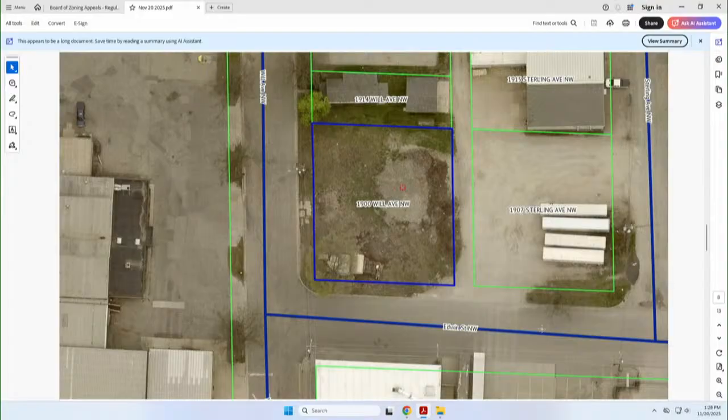The property is currently vacant and covered with a mix of gravel and vegetative scrub. The property is defined as a corner lot with two frontages, one along Will Avenue Northwest and the other along Edwin Street Northwest. The lot is slightly over 13,000 square feet and meets the dimensional requirements of a lot in the SDIT zone district. The proposed structure is placed to the east side of the site with a parking area along the west and south.